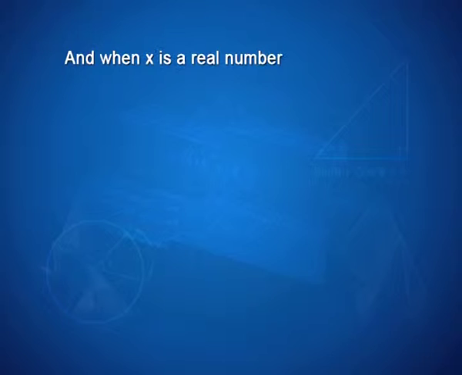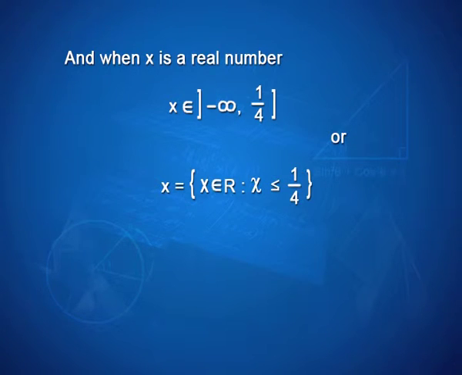Now, let us see what happens when x is a real number. If x has to be expressed in terms of intervals, it will be written as minus infinity to 1 by 4, open bracket at minus infinity and close bracket at 1 by 4. In the set form, the same solution will be expressed as x belonging to R such that x is less than or equal to 1 by 4,